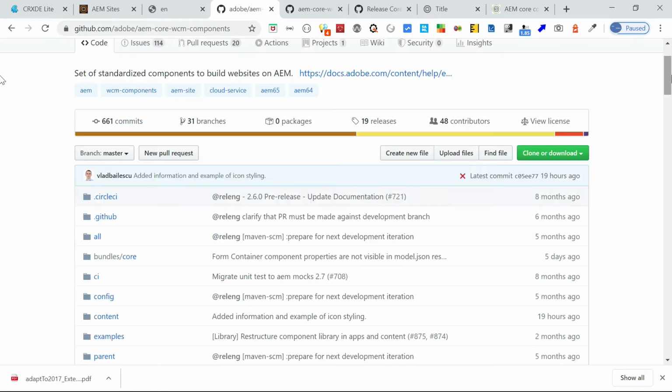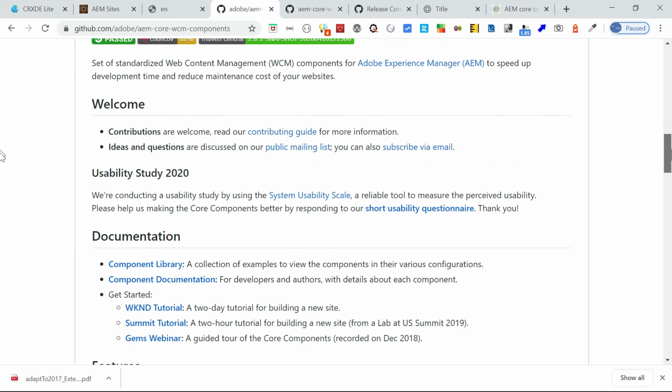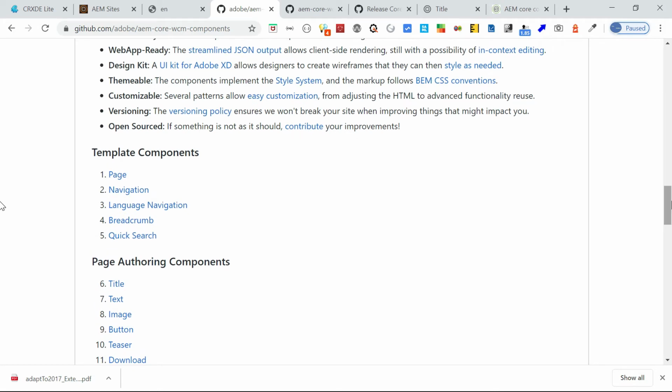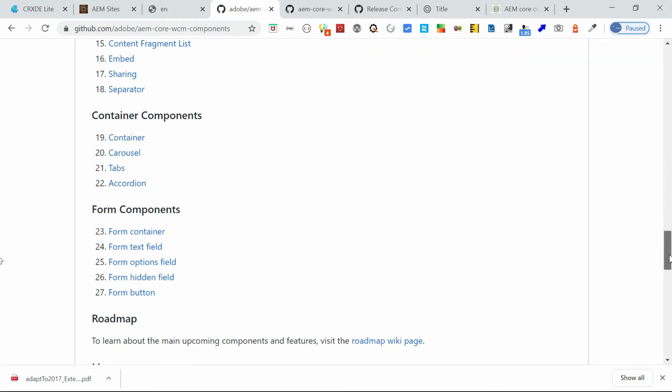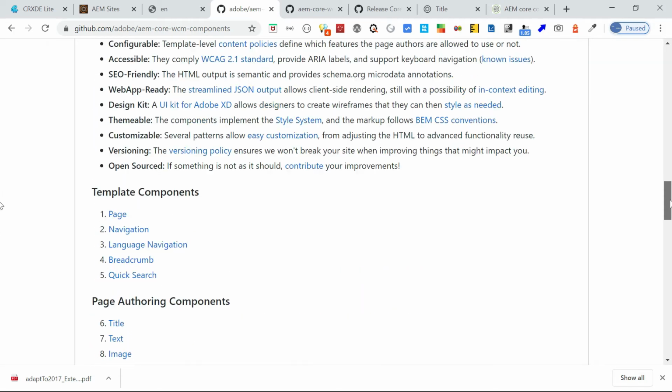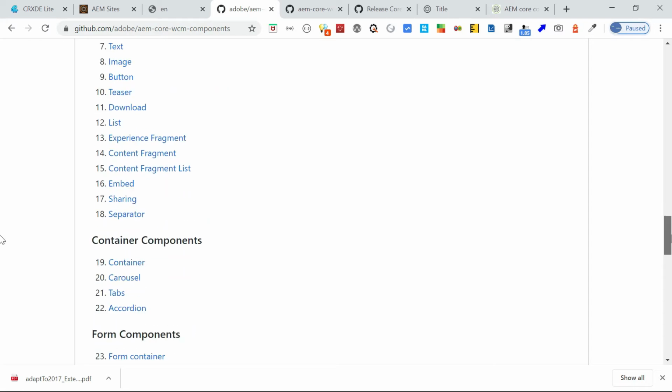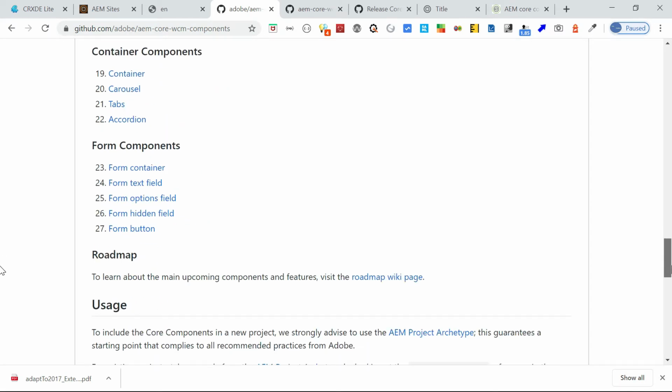If you go to this specific GitHub repository, AEM core WCM components, you can see the implementation here. It also lists what components are available right now. There are now 27 core components, categorized into template components, page authoring components, and container and form components.